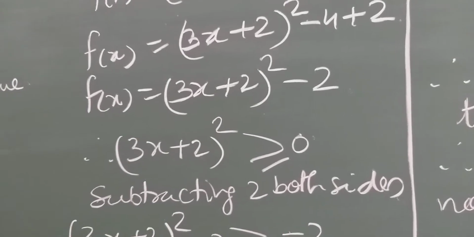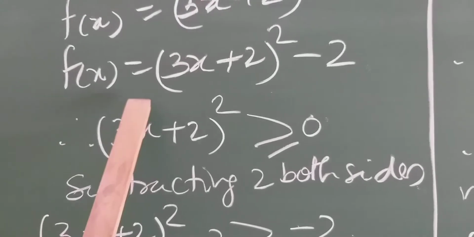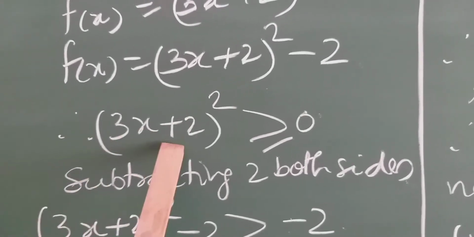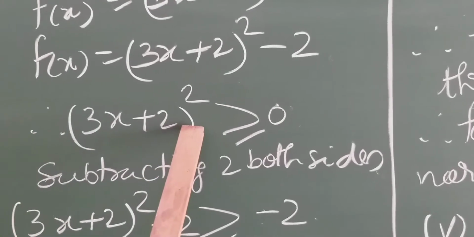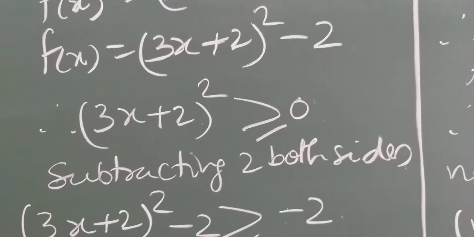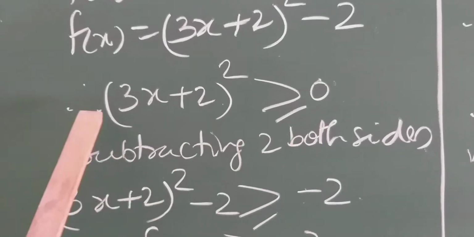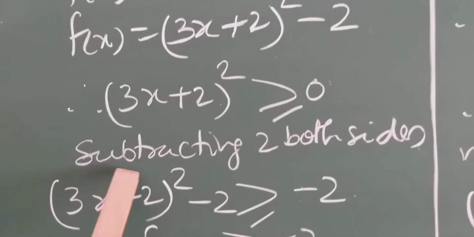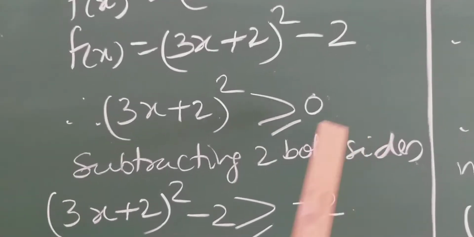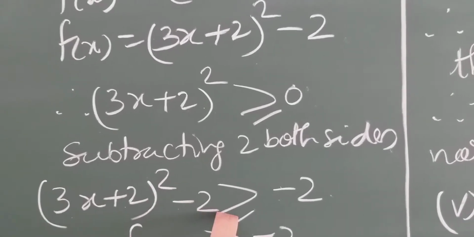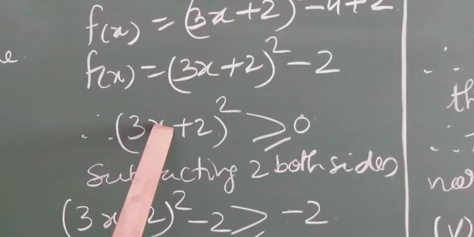Now students, by the same method as we solved question number 1, first part, we have to solve this also. We can write (3x plus 2) whole square greater than or equal to 0, because it is a perfect square, and a perfect square is always greater than or equal to 0, or positive. Correct, student? Now to make the function we have to subtract 2. So subtracting 2, it will be (3x plus 2) whole square minus 2, and here 0 minus 2 means minus 2. So it is the function, student.